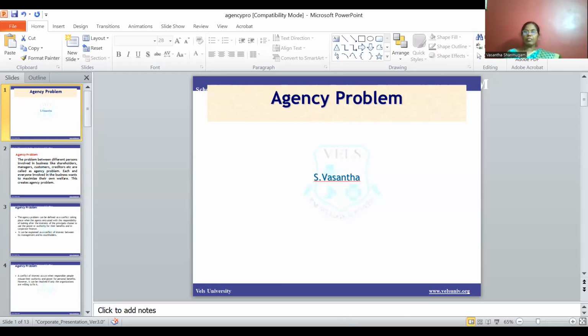In the case of a company, management is done by the board of directors appointed by the shareholders. The equity shareholders are called the owners of the company. On behalf of the equity shareholders, the business is run by the board of directors. Equity shareholders are called the principal. The board of directors and the persons who run the business on behalf of the equity shareholders are called the agent. The conflict always arises between the agent and